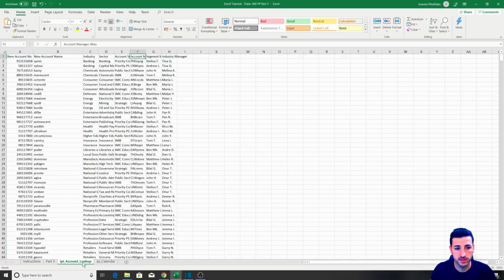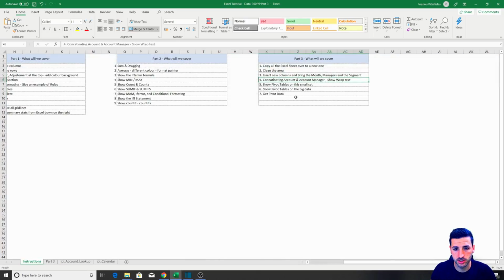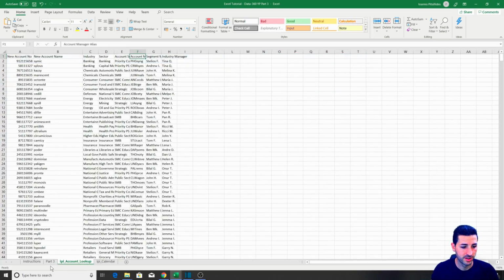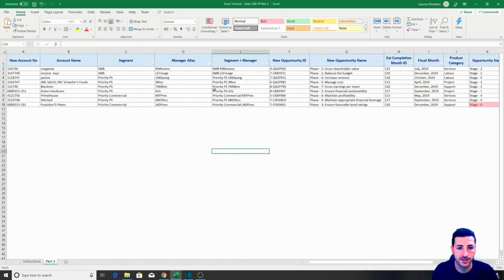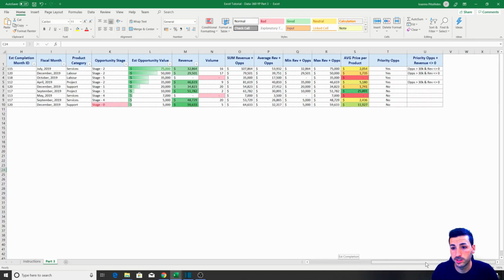Right, so the next thing we're going to do now, we've done instructions, we've done concatenate, we've done the VLOOKUPs, is that we have to start with the pivot tables. Right, let's hide the lookups now. So the beauty of this hiding is that we don't need to see the calendar lookup or the manager lookup. You can see now we brought the data we need, but that data sits at the back end, so we don't need to see it here at the front.